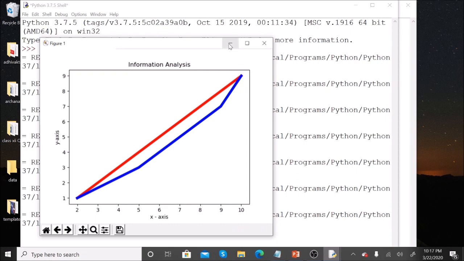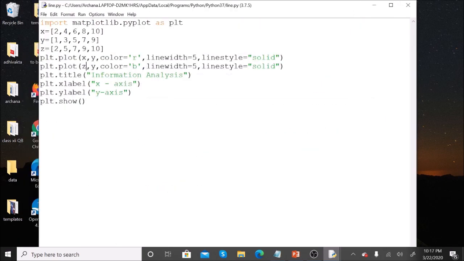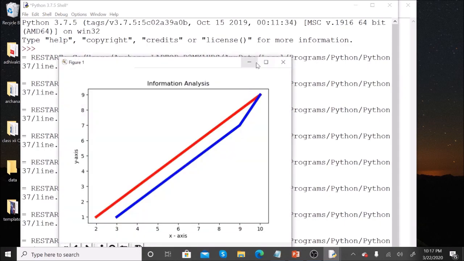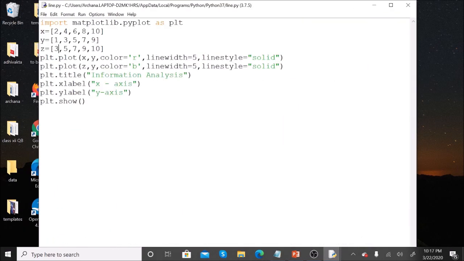See here, we have got 2 lines. We can add multiple lines, we can add one more line if you want. These are the 2 lines we have generated.